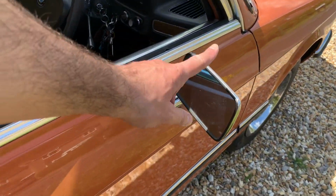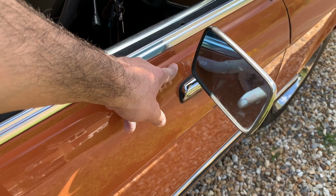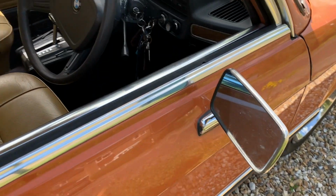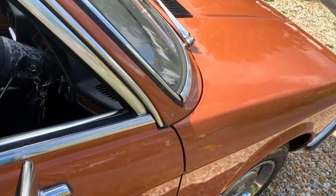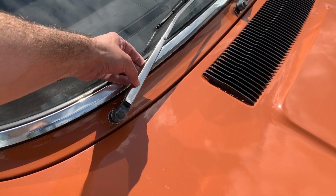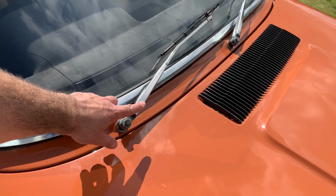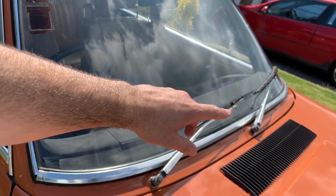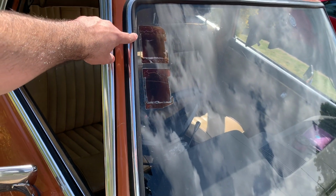And this mirror here also needs to be mounted slightly higher because again, I cannot see it very well. I can just about see the full mirror when I'm sitting in the car, but it's still not very well positioned. And the same here, these are stainless steel, which is also good news, but I needed to adjust the spindles because when the wipers work, they go slightly over. You can see the marks in here, they go slightly over